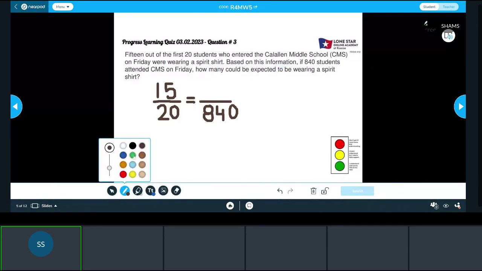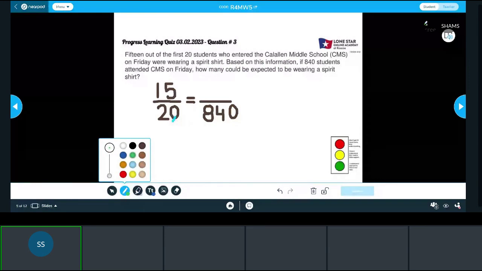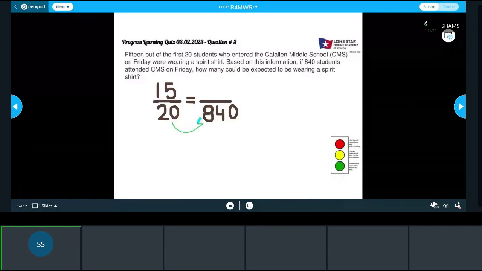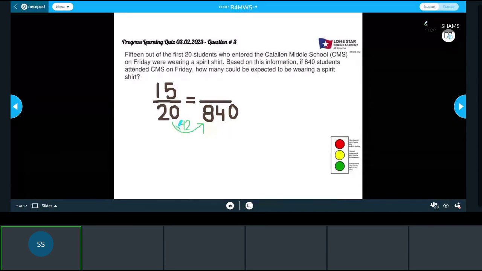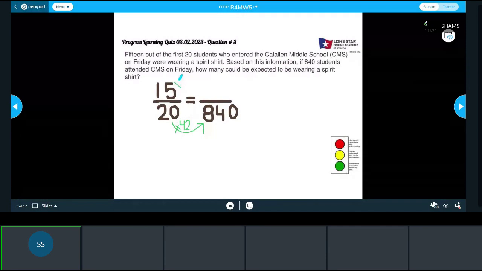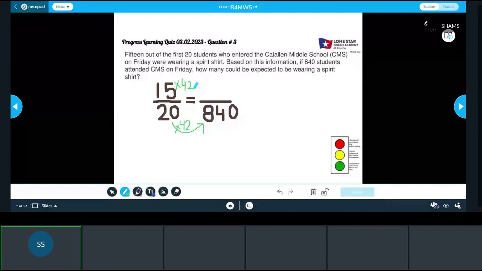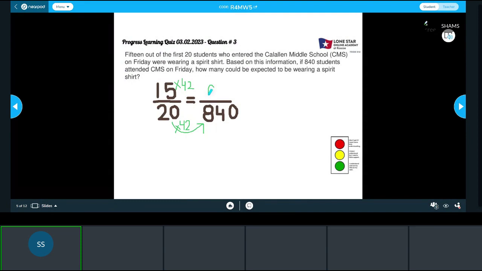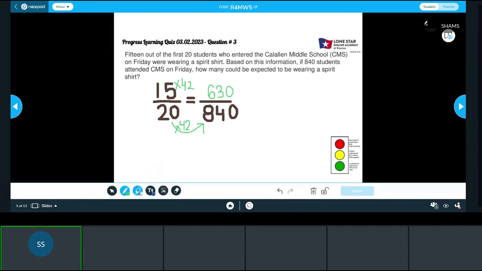Again, proportional thinking kind of a question. You go from 20 to 840. How many times is that? It is 42 times. Same, I'm going to do 15 times 42. And that will tell me. Go ahead, multiply 15 times 42. I got an answer that is 630. So I can say 630 students